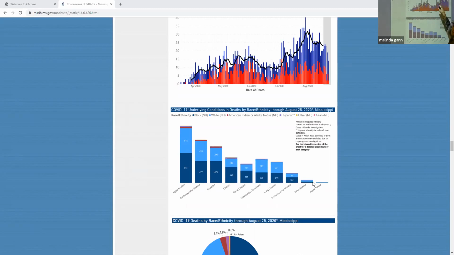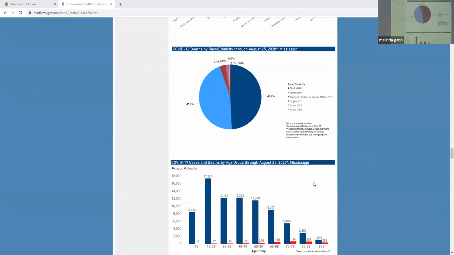Is everybody with me? Now, this is Mississippi's cases. This is April, May, June, July, August. Tell me something you notice. Why is it spiking in August? School. Now, this is a different kind of bar graph with conditions. Now, this one is the circle graph. And it's by race. So, the dark ones are blacks.